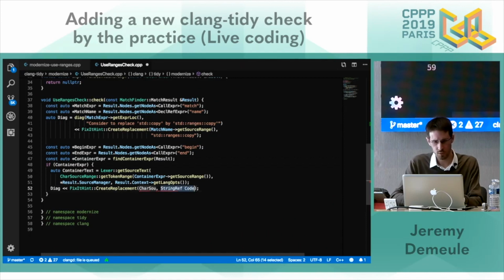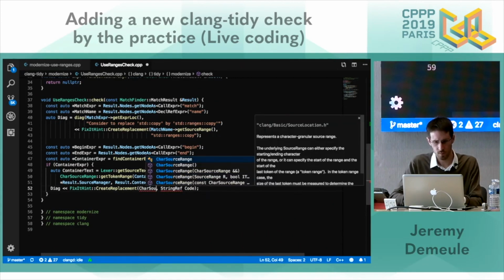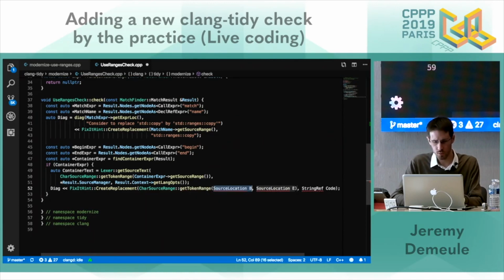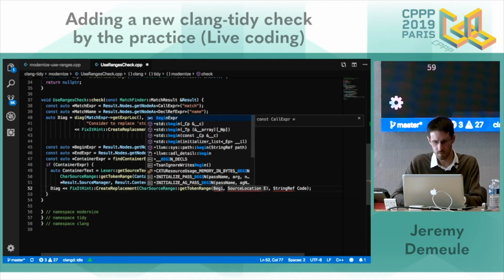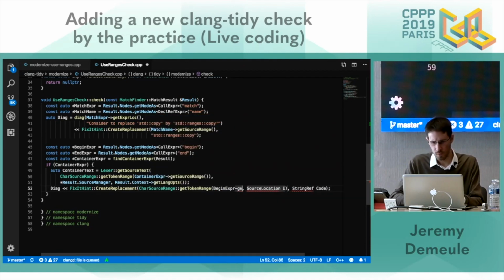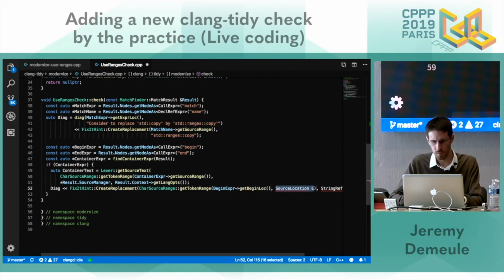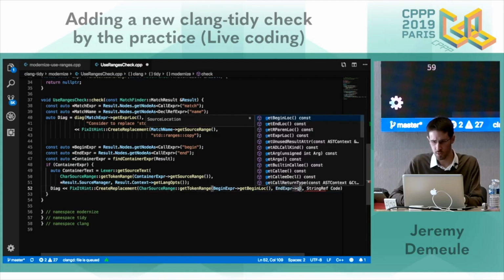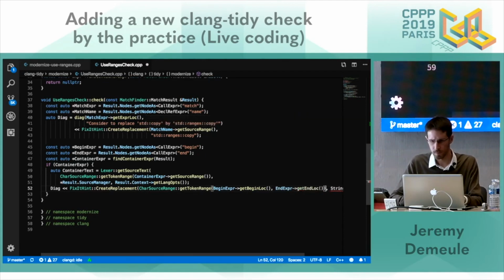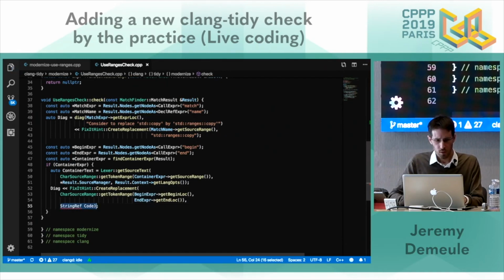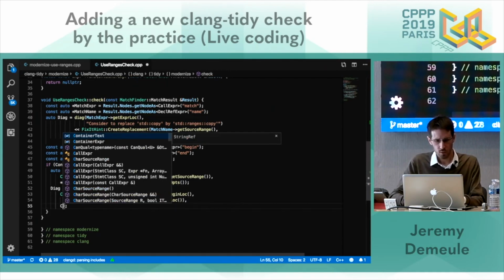Let's do that. Show source ranges. Get token range. So the beginning of begin, to the end of end expression. And we will replace them with the container text.